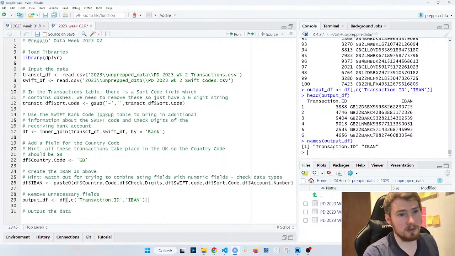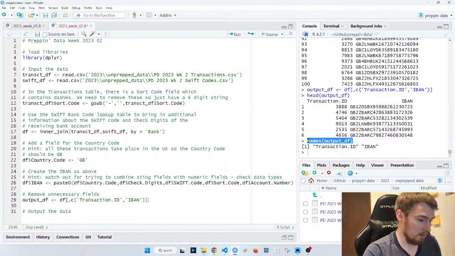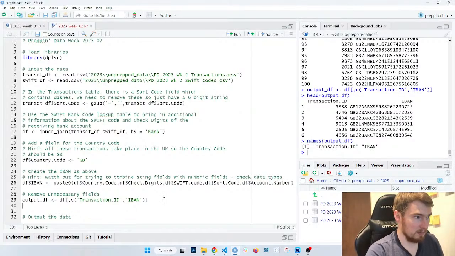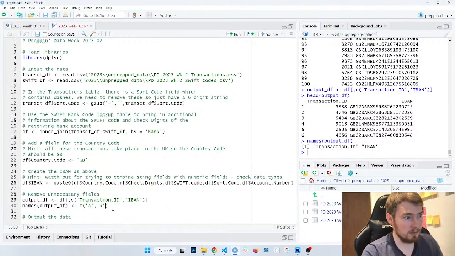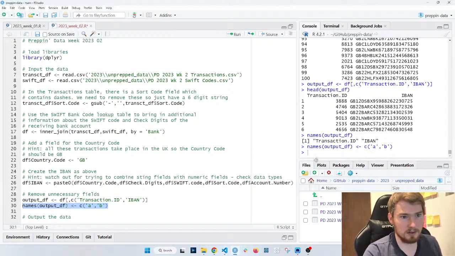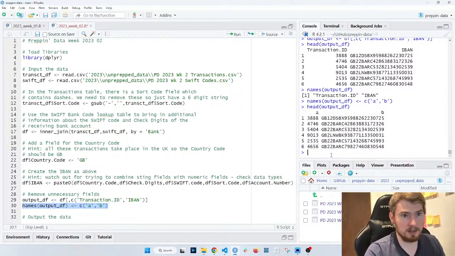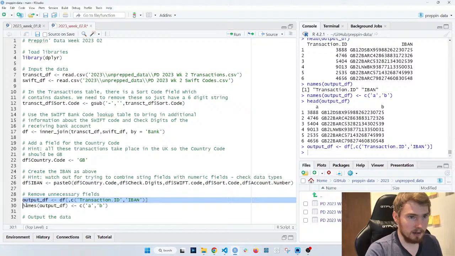So you can rename these. Typically you would take output names and then give them new names. You would assign them a list of new names, so A and B, for example, and that would then follow through into my actual code itself. If I then show you head df, those columns have been renamed. I don't want A and B. I want just the same names without the dot.